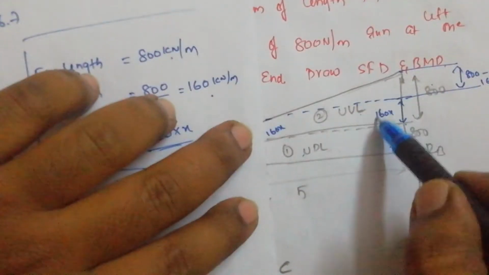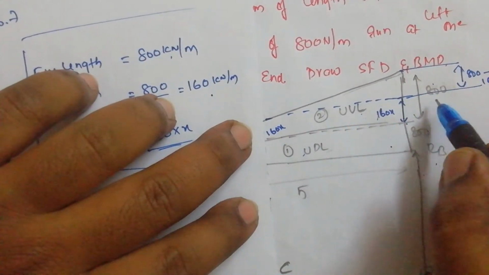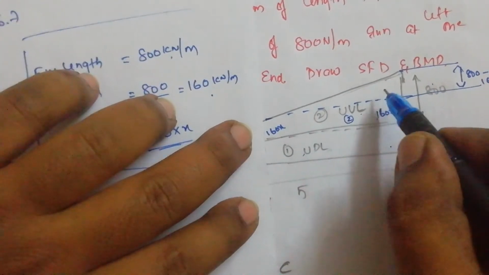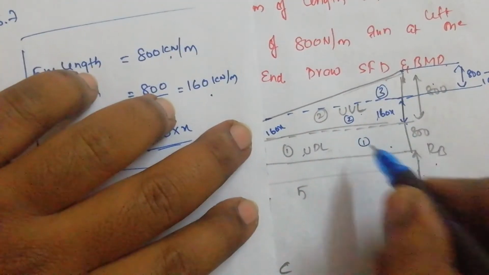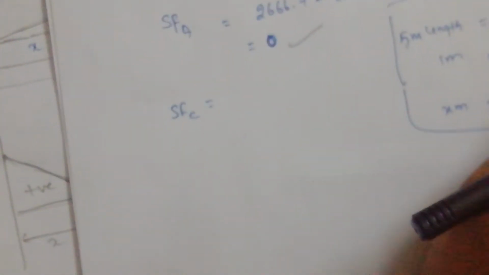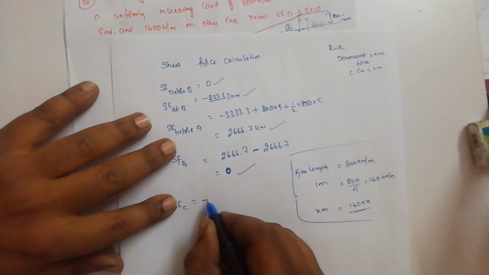When I split this triangle into two parts, this half behaves as another UDL. So here we are splitting into three parts. Let us take the first, the reaction in the upward direction, that is RB. RB we have taken as minus